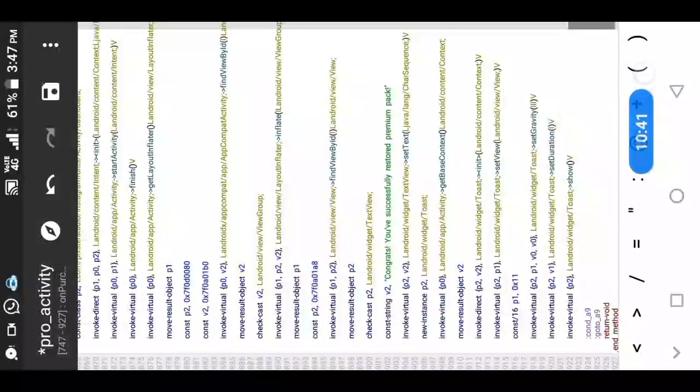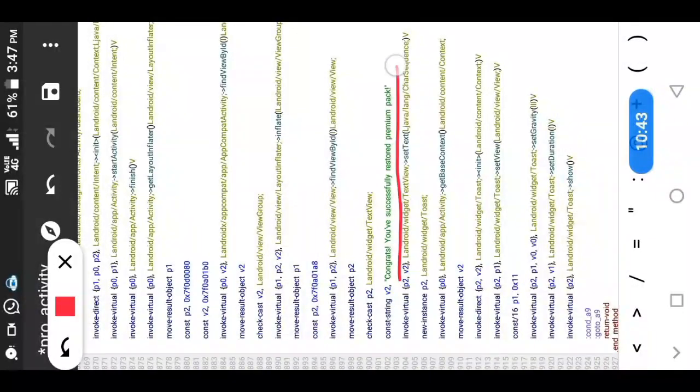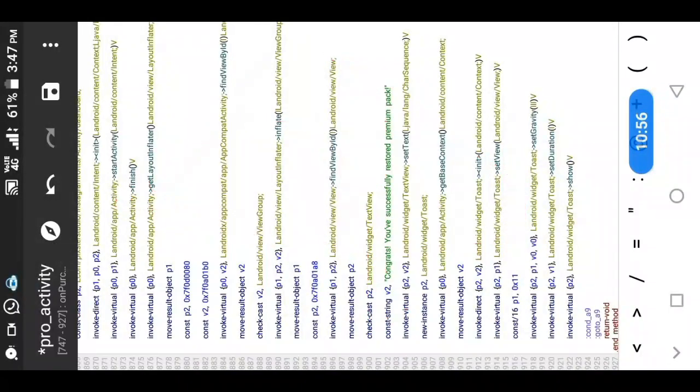See, here we have the message: congratulations, you successfully restored premium pack. This is what we wanted. That means this whole code should be executed, then it will show this message. We want this one.